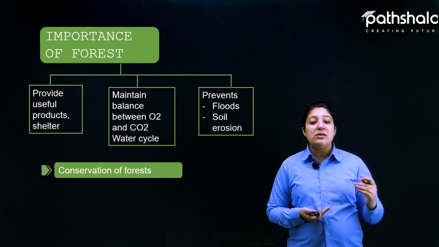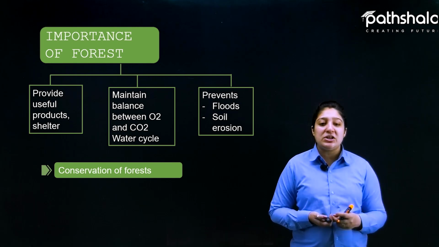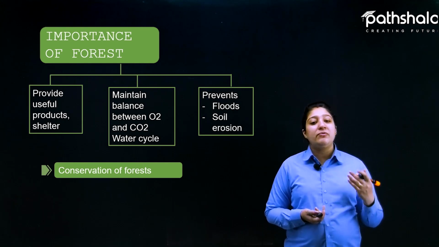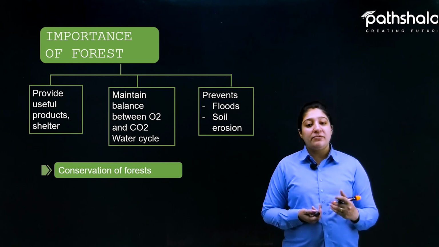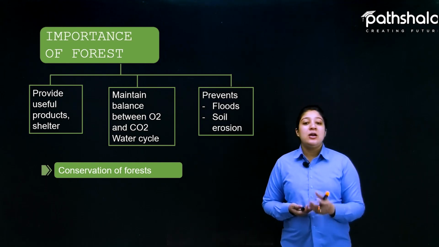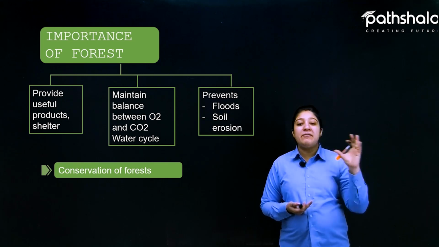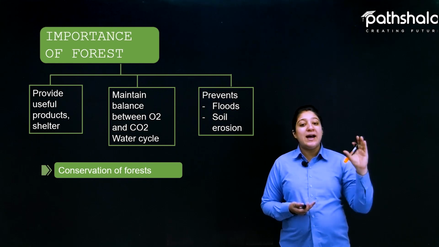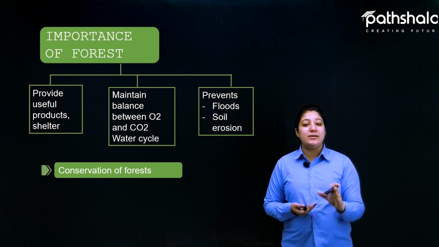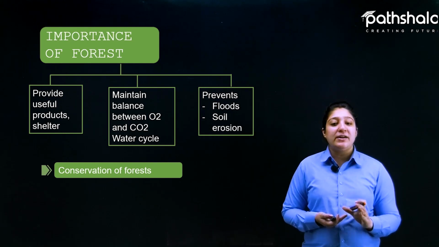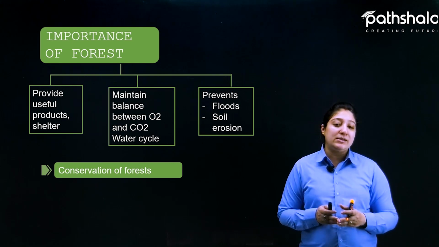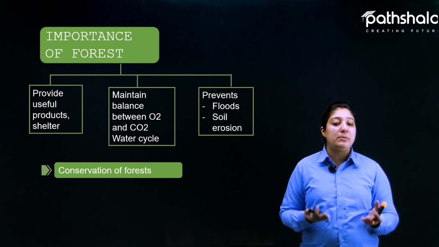Now to conserve forests, there are many steps like afforestation and recycling of paper, and there are certain steps laid down by the government that need to be followed by every person of the earth, or we can say every person of India. Every government has different rules to be followed. The rules of that country need to be followed by every citizen of that country. Then only our earth's surface will be protected, and if the earth is protected, all the living beings present on the earth's surface will be protected.